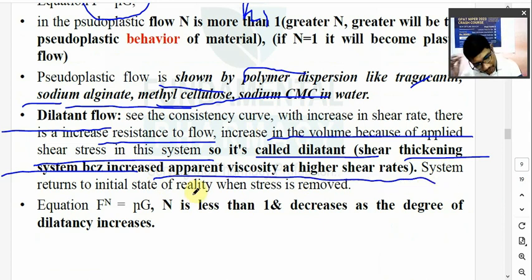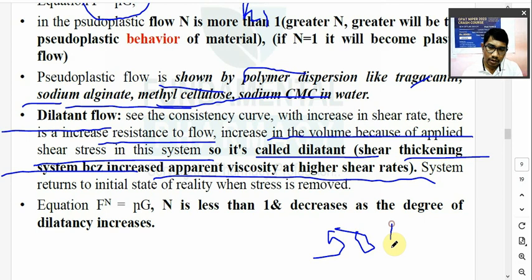आपने अगर यहाँ पे फोर्स अप्लाई किया तो यहाँ पे विस्कोसिटी क्या होगा, बढ़ जाएगा उसका. That is known as a dilatant flow. Now this dilatant flow is shown by a suspension having more than 50% solid. तो 50% से ज़्यादा solid है suspension में तो वो क्या दिखाता है आपको, dilatant flow दिखाता है, right? Now for